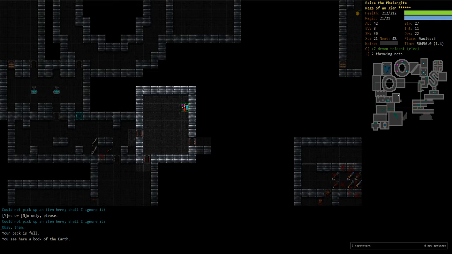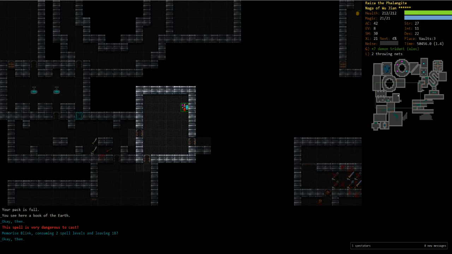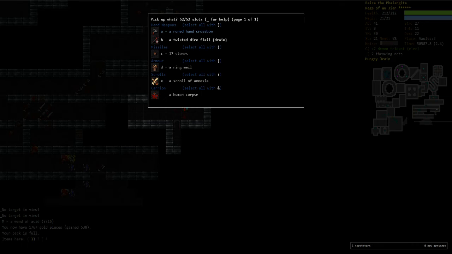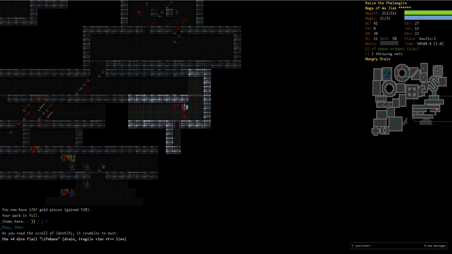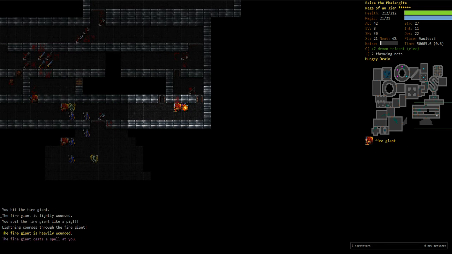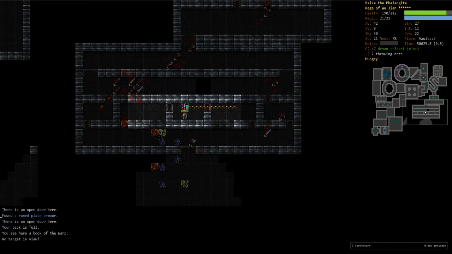What is it? Oh, it's a book. Book of Earth. Doesn't have anything I want. We're going to take Blink, just because we can. Boggarts, completely... What is that? Twisted Direflow. I'm just going to waste an identify on it just because I'm kind of interested. Lifebane, Fragile, RF++. It's an okay weapon. It's not great. No, I don't want it. I just like taking a little peek at the artifacts because I haven't seen all of them in the game yet, and so it's just kind of nice to...